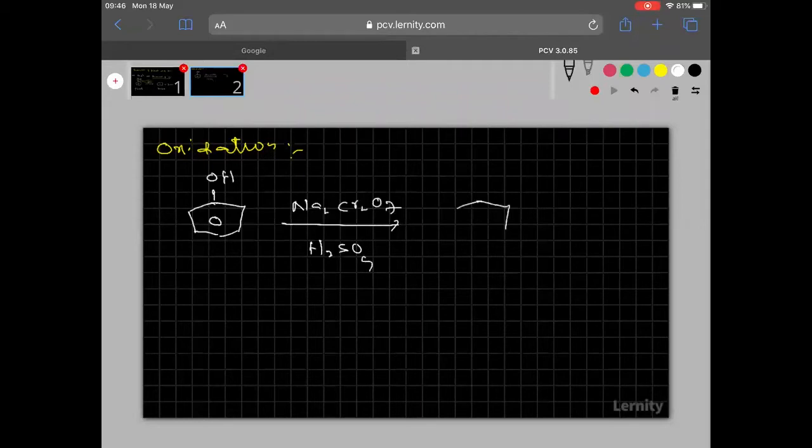Then the product formed is this one. Clear? So what is the name of the product? See clearly. This is called benzoquinone. Product formed is benzoquinone. For oxidation and reduction, generally mechanisms will not be there. So for this reaction also, there is no mechanism till now. The mechanism is not known till now. Clear? So write quickly.